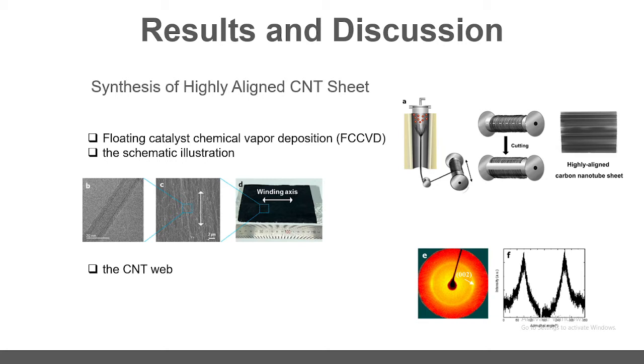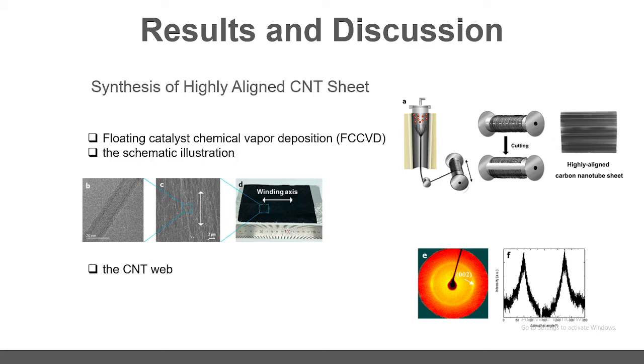In Figure 1A, we show the schematic illustration of the synthesis process for the highly aligned CNT sheets. The CNT consists of multi-wall CNT having 5 to 7 walls with outer diameters of about 50 nanometers, as shown in Figure 1b. The synthesized CNT contains small amounts of iron, characterized at 7.6% weight, as can be seen by the change in mass from